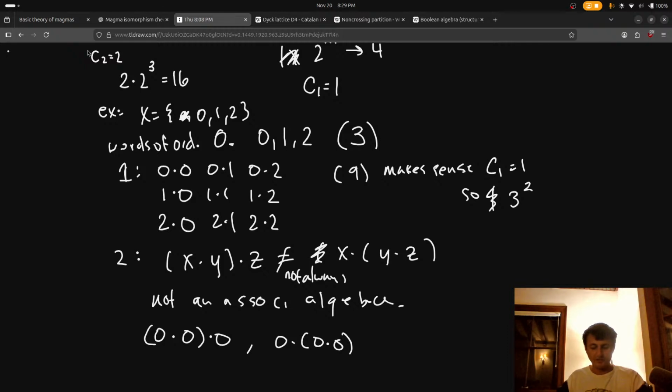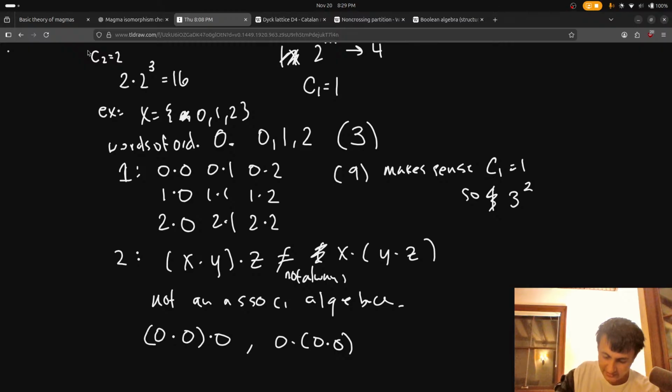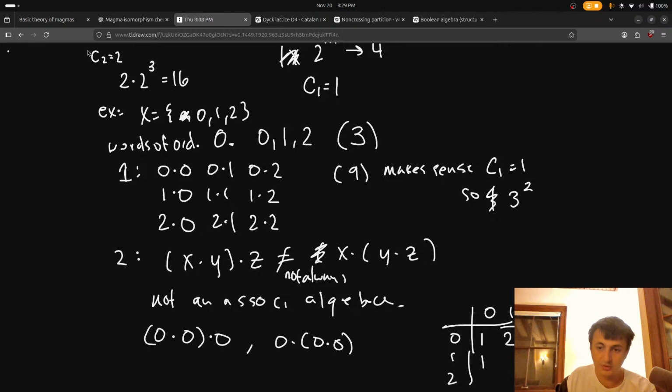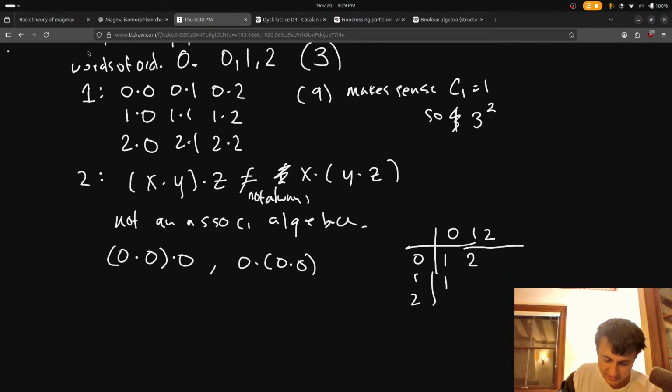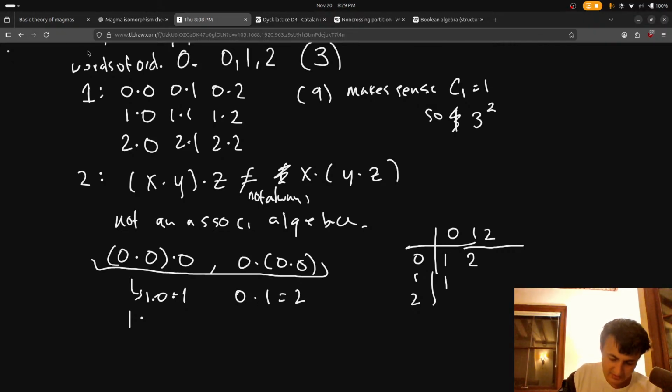So I guess, I don't know, is it possible? Okay, so let's say that we have 0, 0, and this is like a 1. Maybe we do have 1s, like what we were saying. But then 0.1, this is 2 and this is 1. We're allowed to do this. So in this case, this would go to a 1. So then we have 1.0, which is a 1. But then this would go 0.1, which is equal to 2. So these are different.